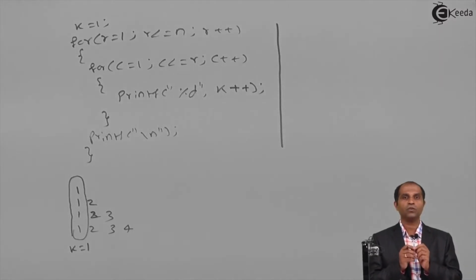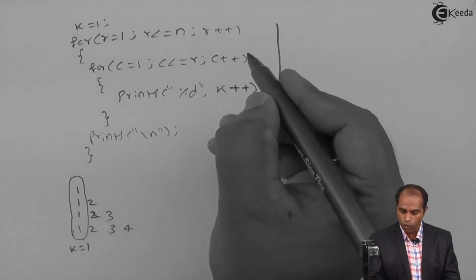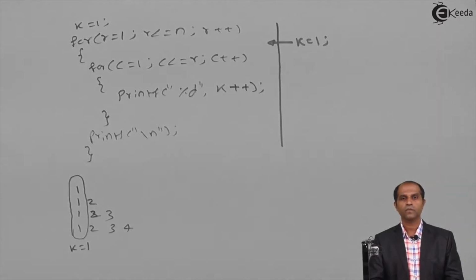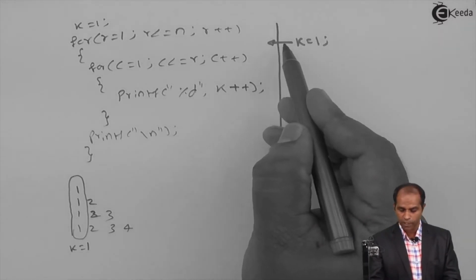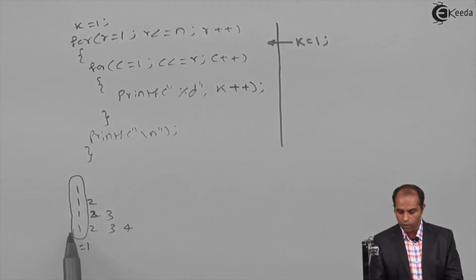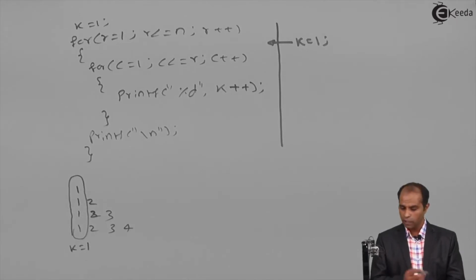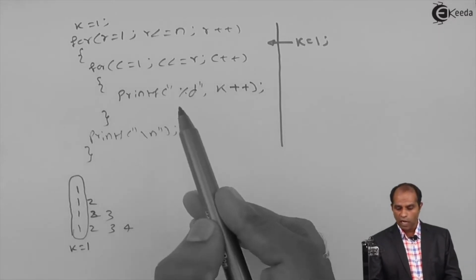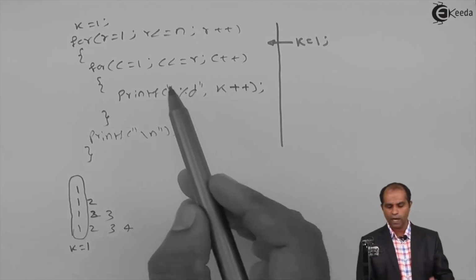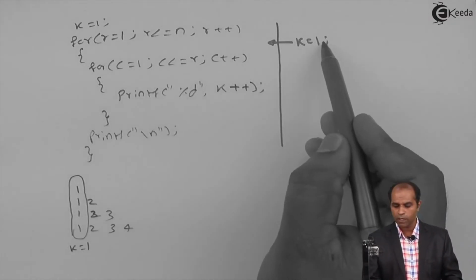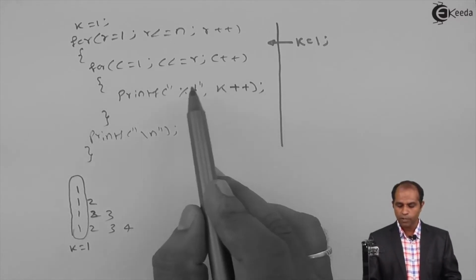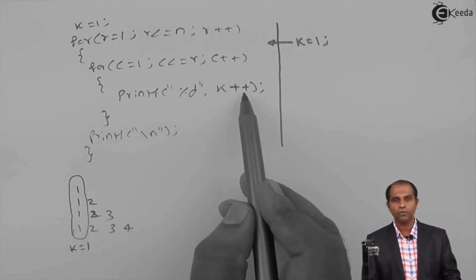If your k has to be set to 1 at the beginning of every row, what you do is insert an instruction k equals 1 over here. When k equals 1 is inserted at this place and you print the value of k, you will get this particular pattern. Now let's check how it works. So if I place k equals 1 over here, after printing the row contents, suppose r is 3, k is set to 1, c will go for 3 times: print 1, change it to 2, print 2, change it to 3, print 3, change it to 4.